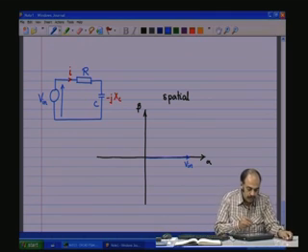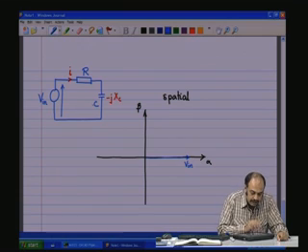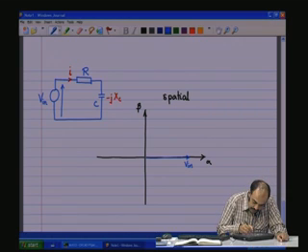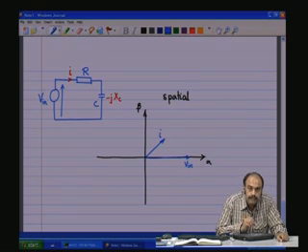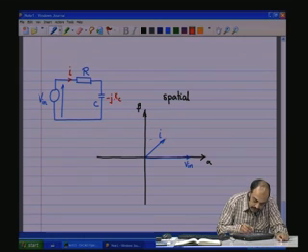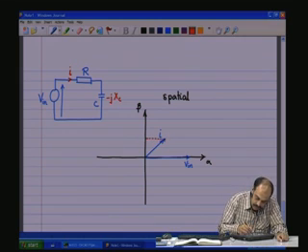Now, I know that the current here is going to lead the voltage by some amount, which we could see later. Therefore, the current is going to be somewhere in this direction, because it is leading. The current I is leading the voltage by some angle theta. This implies that there are two components to this current. There is one component